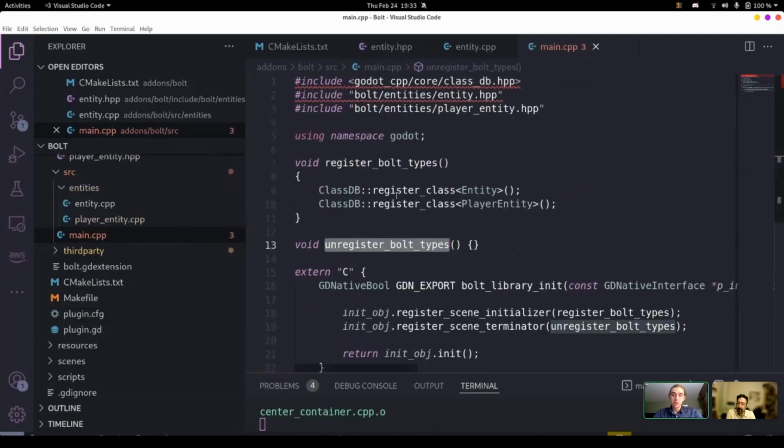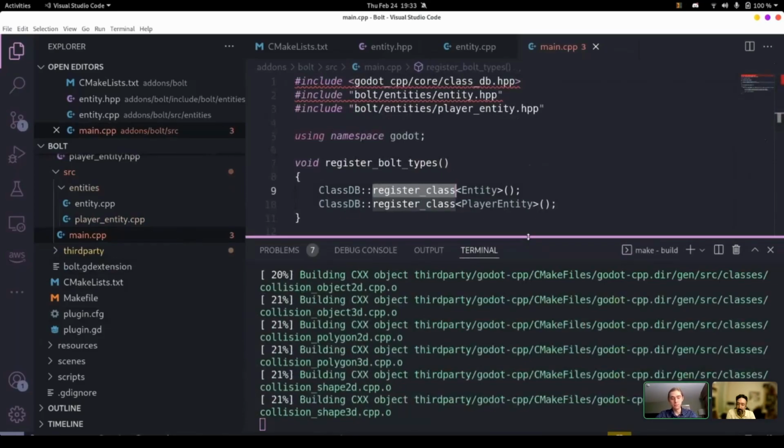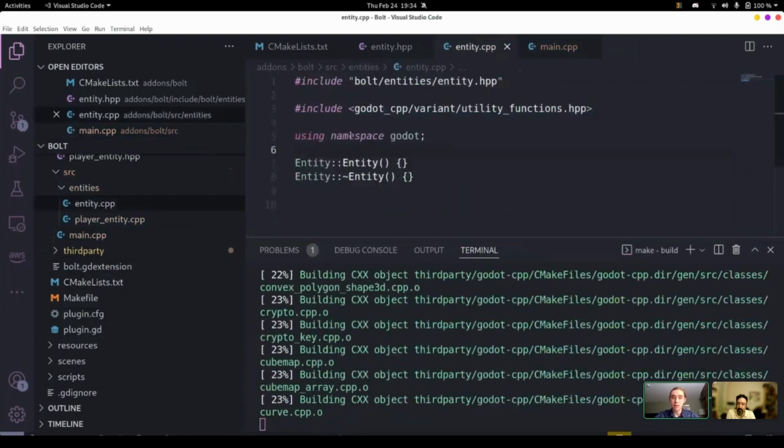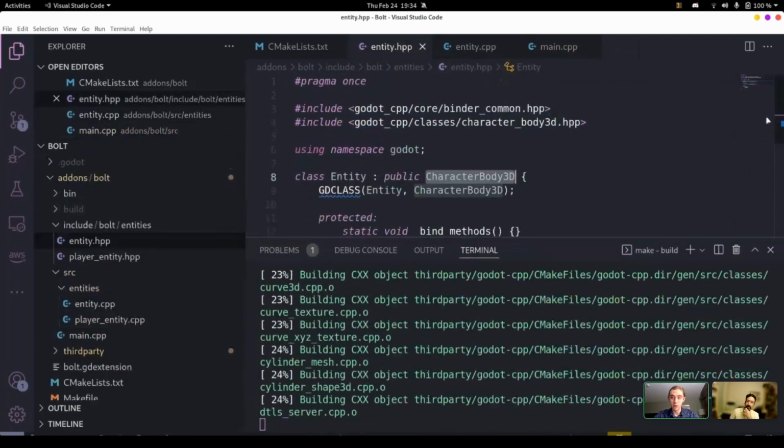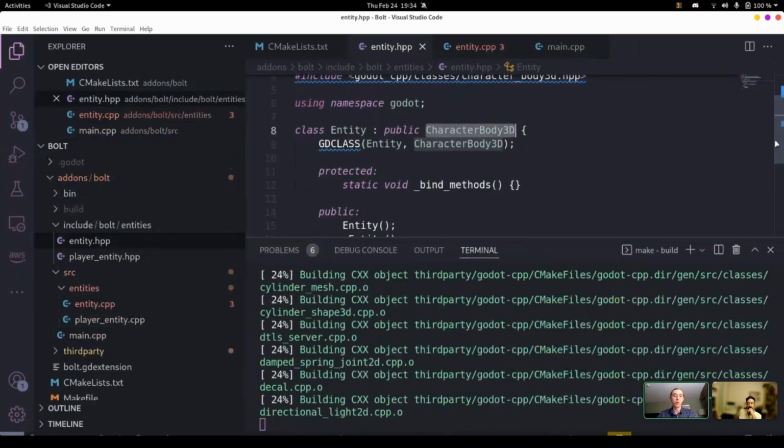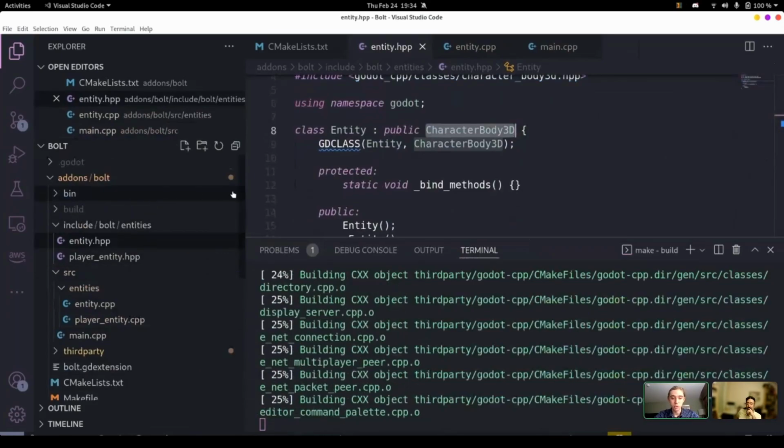And in the initializer, that's where we can use ClassDB to register all of our different classes. One of the really cool things about GDExtensions that Aaron was mentioning is the fact that you don't actually need to have native script files. Anytime you create a class that's registered to Godot through GDExtensions in 4.0, it will be seen in the editor as an actual